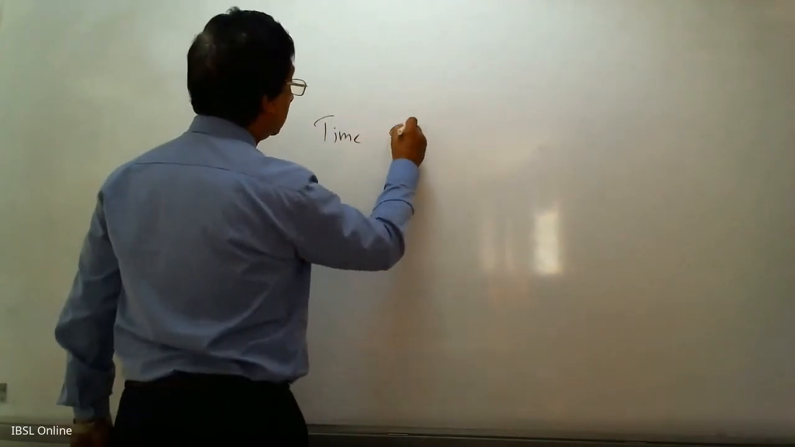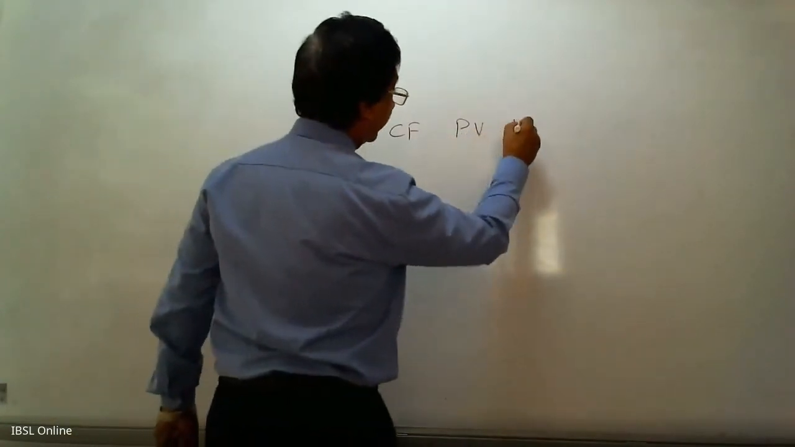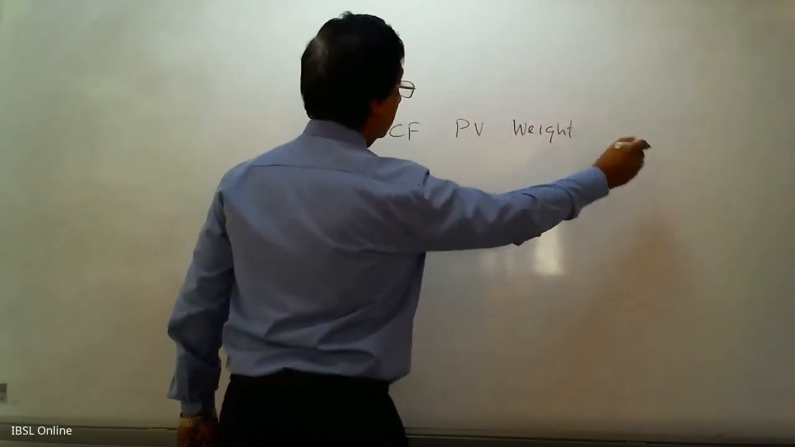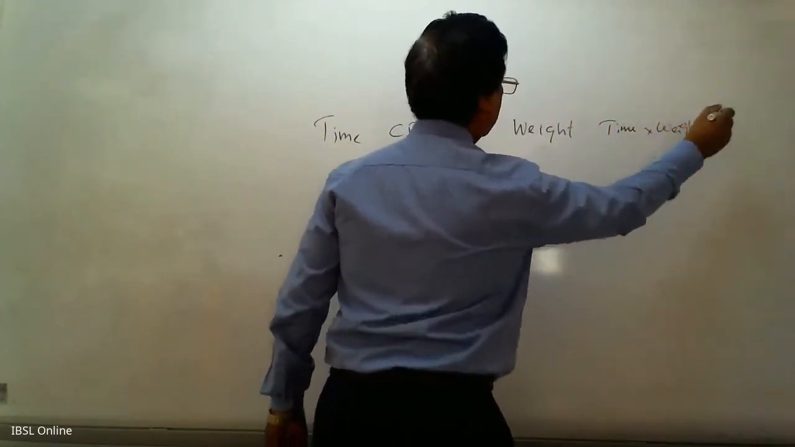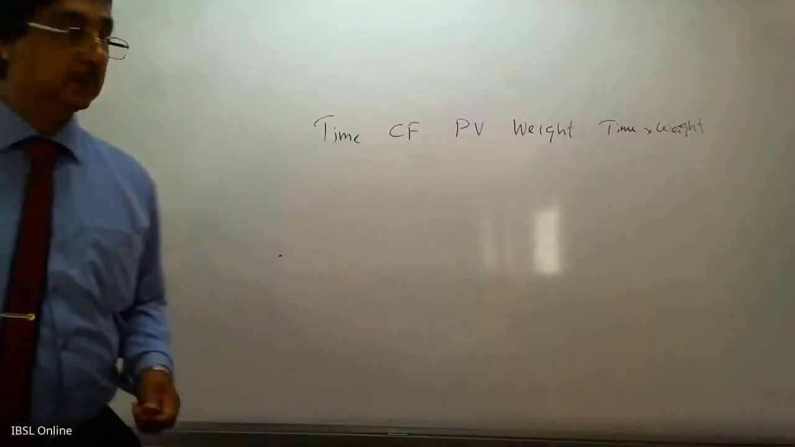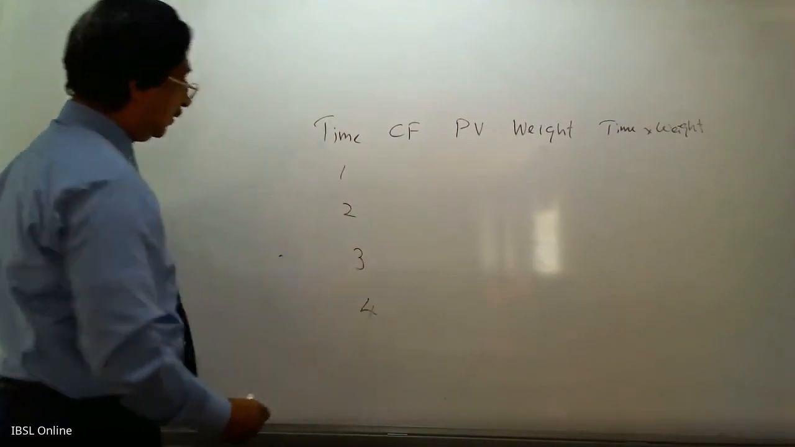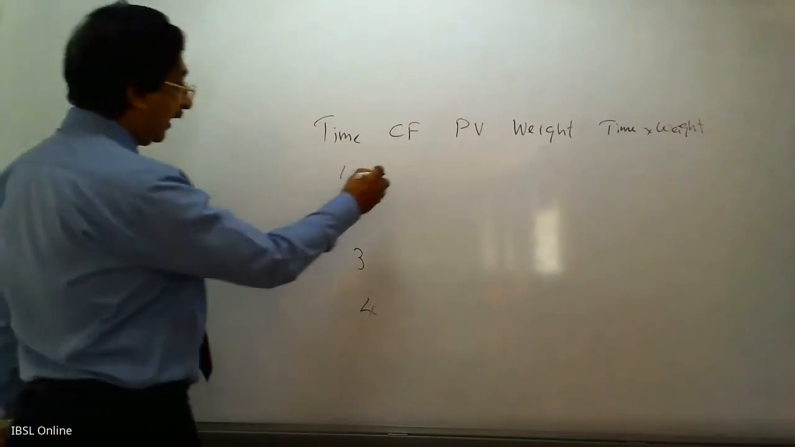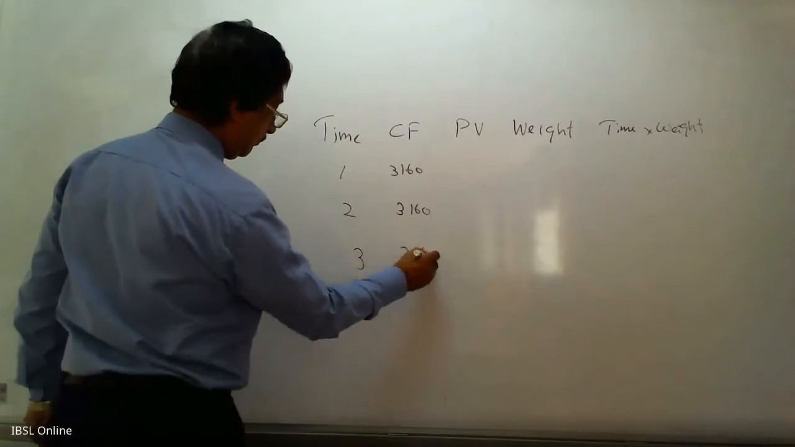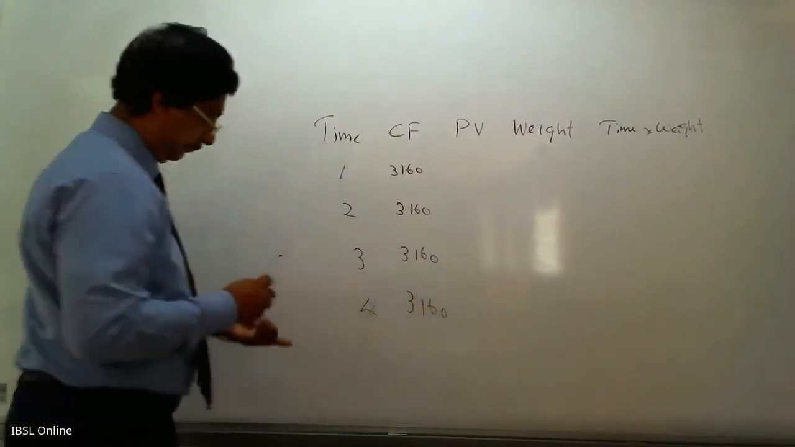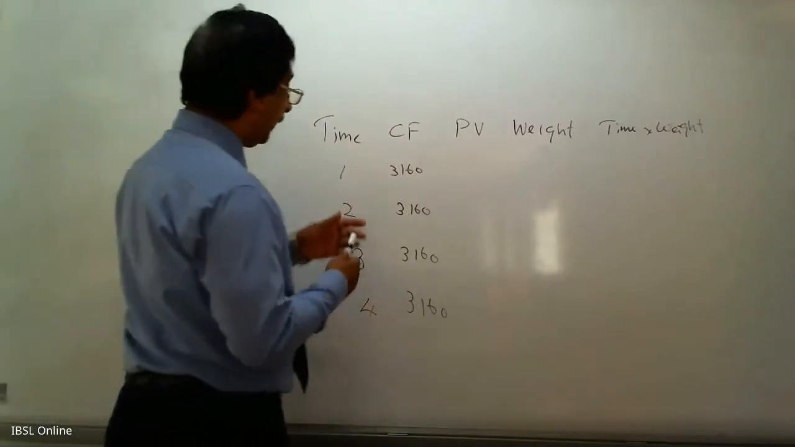Cash flow, present value, then weight, then time into weight. Now, what are the times? 1, 2, 3, 4, because there are 4 years. Cash flow would be 3,160. Then present value would be